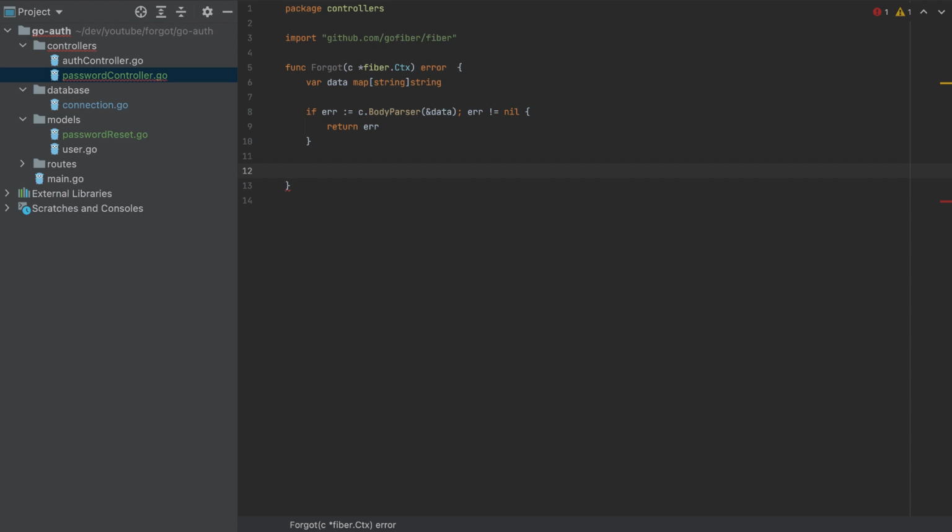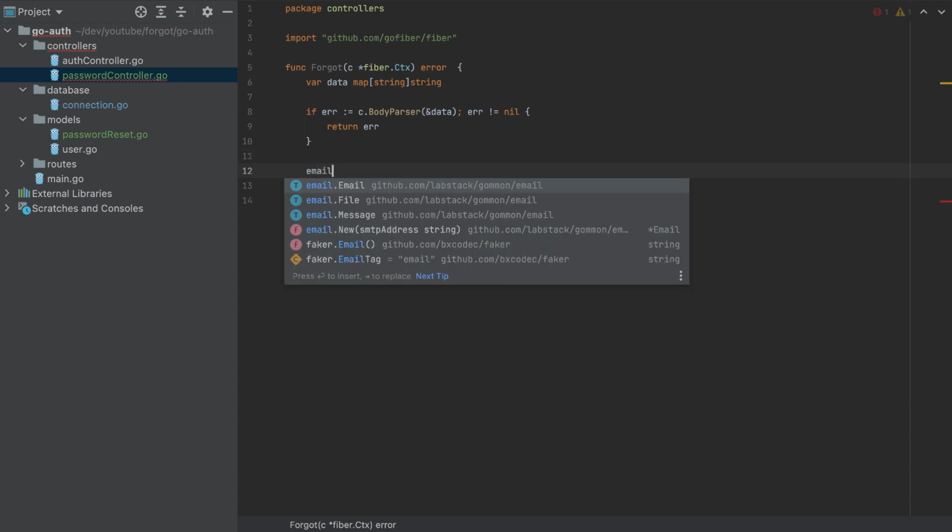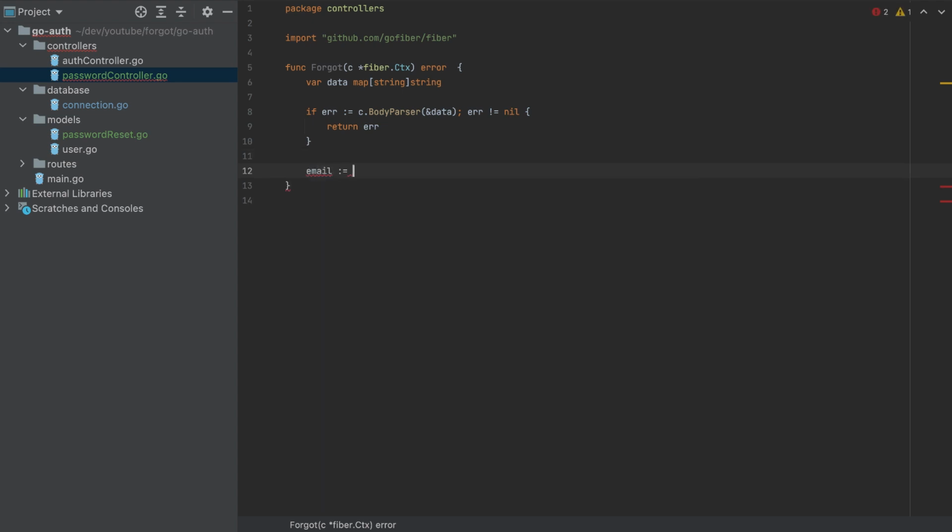So we got the email, and so I can do it like this actually. Email is equal to data email. So this should be double quotes. We get the email, and we need to